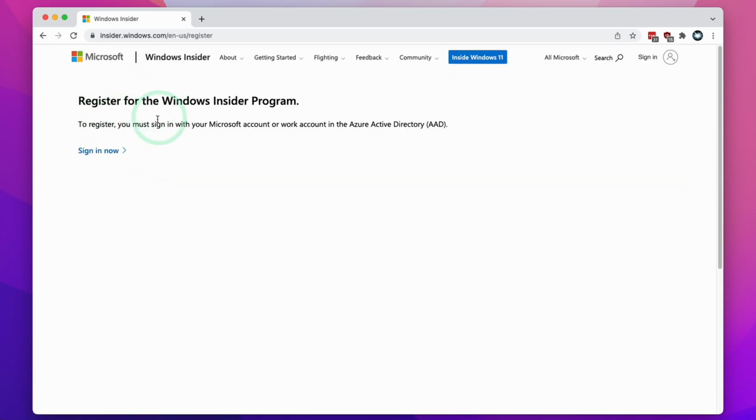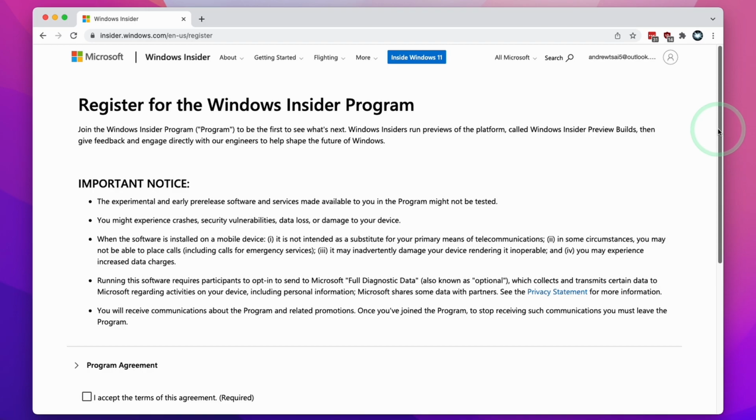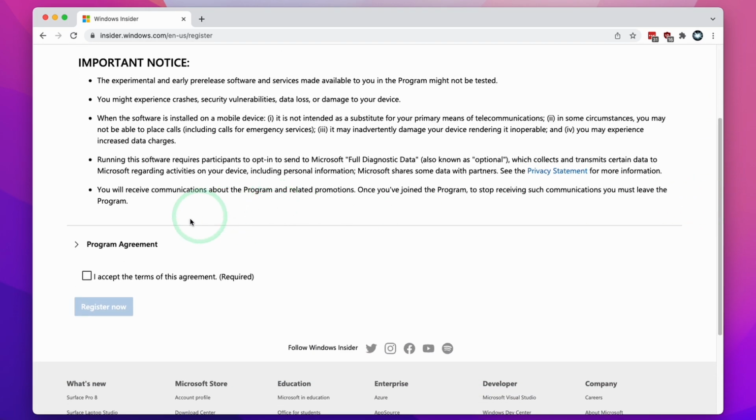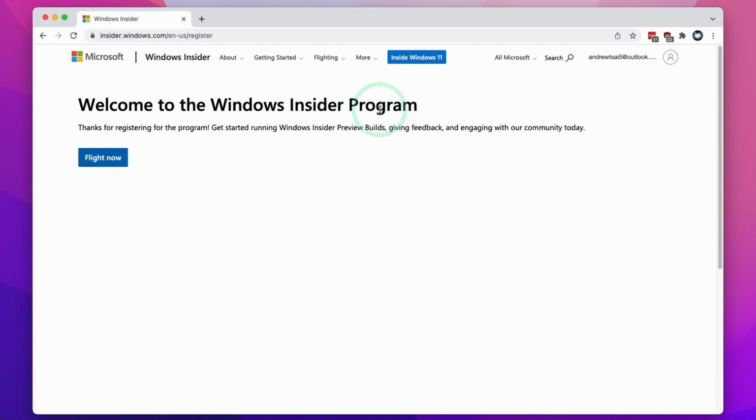Here it's saying we're going to register for the Windows Insider Program. I'm going to click sign in now. It's already detected that I've logged into my Microsoft account. I'm going to scroll down here. We're going to click I accept the terms of this agreement, and then click register now. And when it says welcome to the Windows Insider Program, we're now able to go ahead and download Windows 11